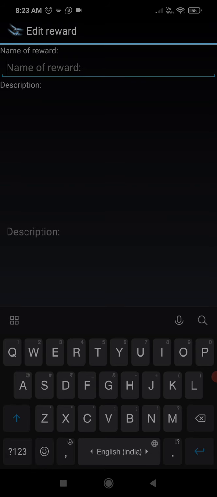Once you have added this, what will happen is, if you click on, let's say, 1 second, I'll just click on this. Okay, this is green, and this is also green.